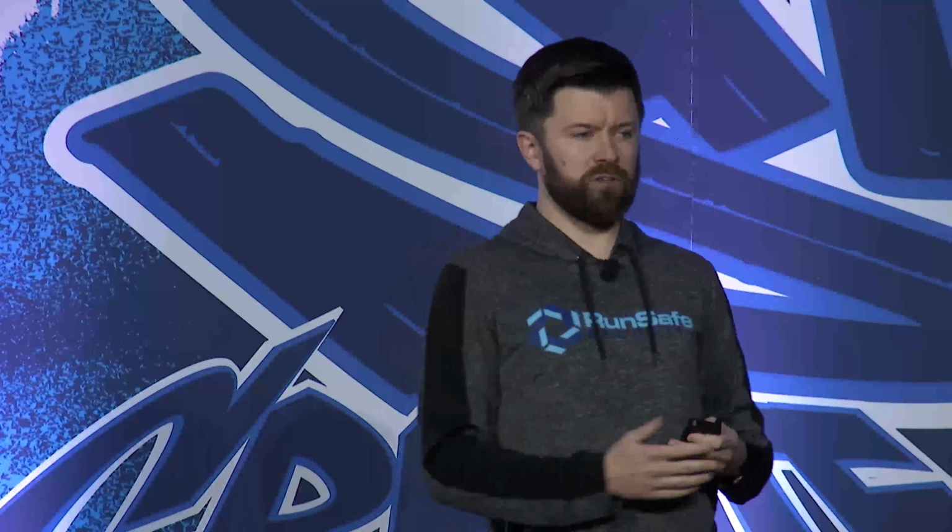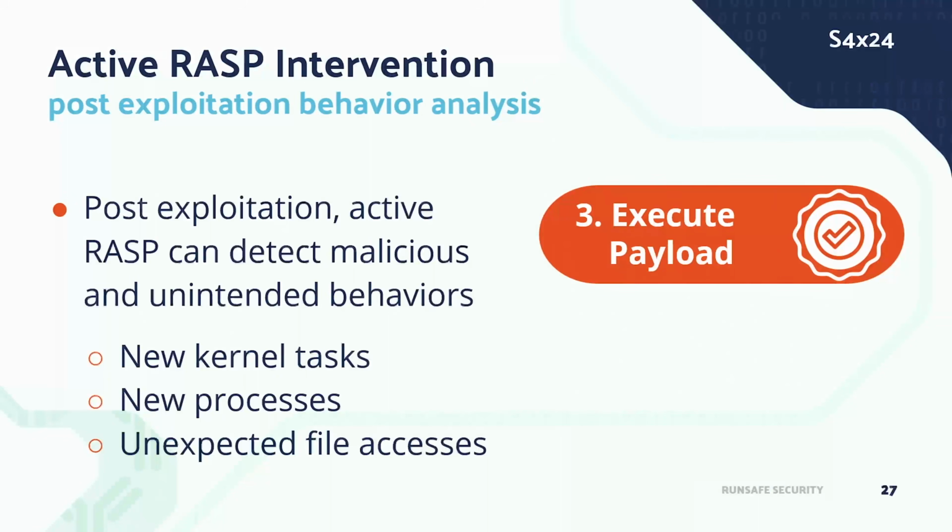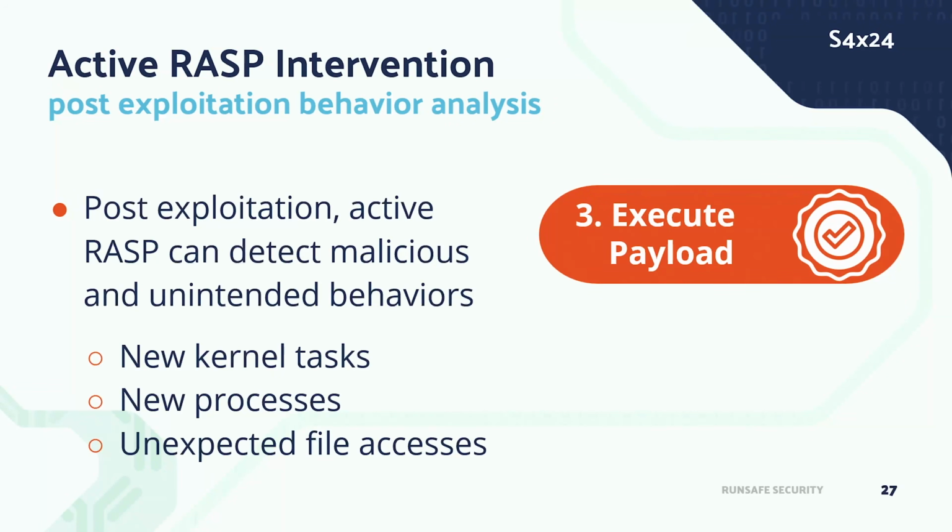And then past that, let's say for some reason you don't have those other solutions turned on, in the Sternum case, Sternum and Red Balloon will be able to do behavioral detection and see that a payload got executed that wasn't normally executed, right? So, hey, we're doing an EAP packet. Why are we running a call on the system function to add a new user to the device, or send out a new network port and do a remote shell connection that way? So they can look for things like new kernel tasks, new processes, unexpected file accesses. So there's a lot of great places for RASP today to help with these memory safety problems.